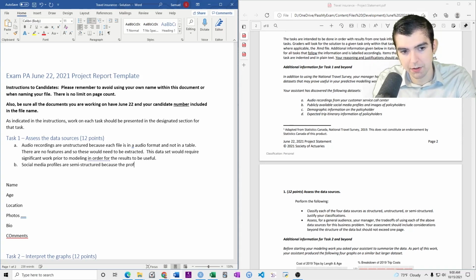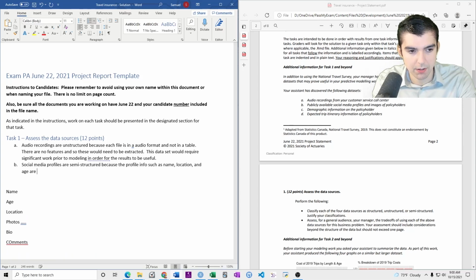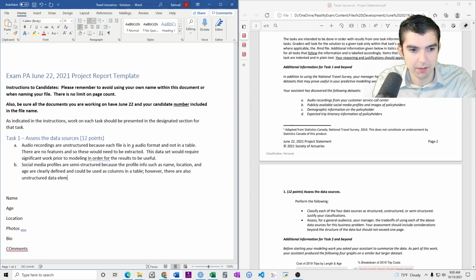because the profile info such as name, location, and age are clearly defined and could be used as columns in a table. However, there are also unstructured data elements such as the photos, biography, and comments.